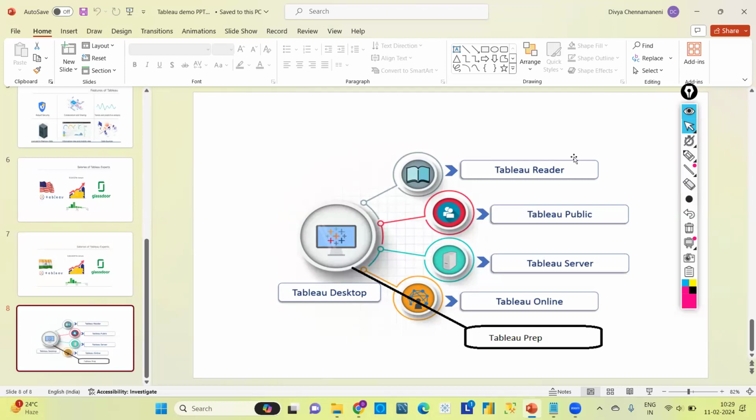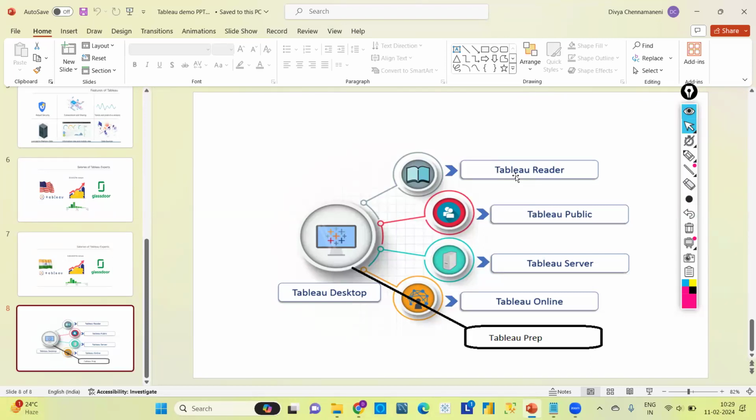Next, Tableau Reader. Tableau Reader lets the user read saved files. First of all, it is available free of cost. I can say this is something like a computer. In our laptop or computer, if we save any file, we can just open the file and read it whenever we want, right? We don't need anyone's permission to read our files, or pay anyone, right?